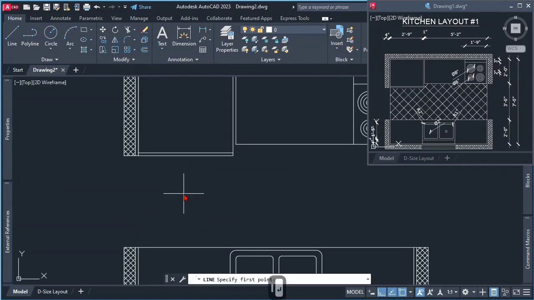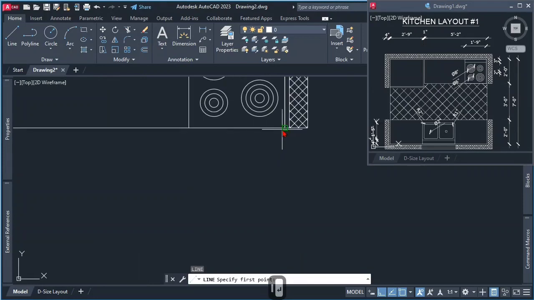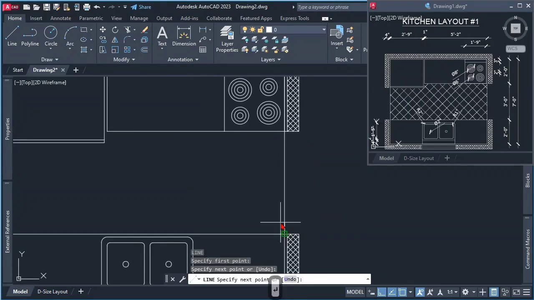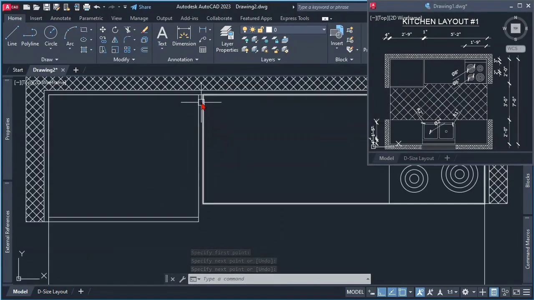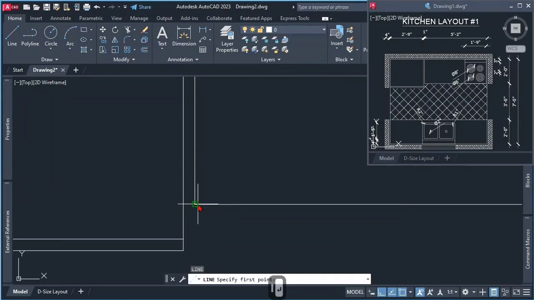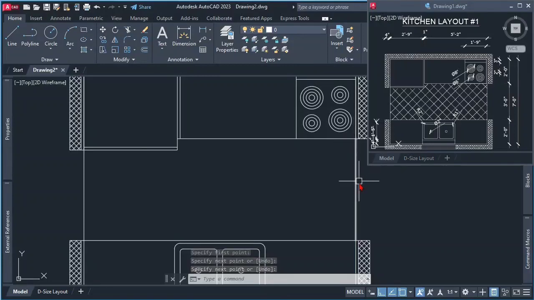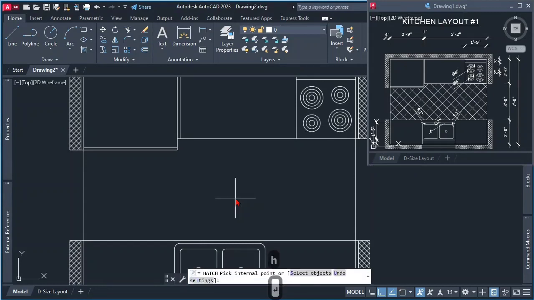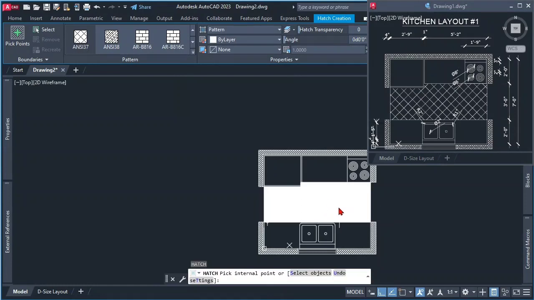We can simply draw a couple of lines over here to kind of close this up, and then we can erase them later, right? So we can see that we have still an opening over here. So let's close this with a line, so that way we can use the hatch command again on this enclosed area. So let's do hatch or H key, and again we can pick our internal point over here and press